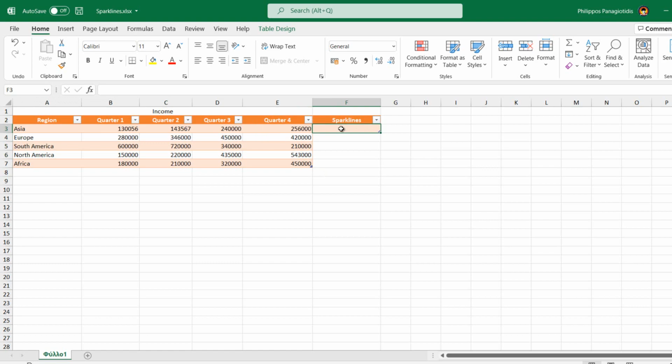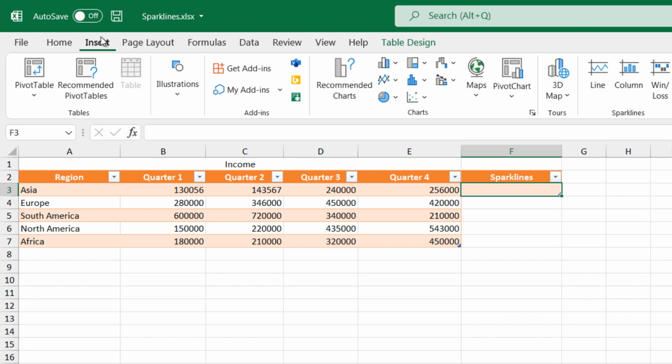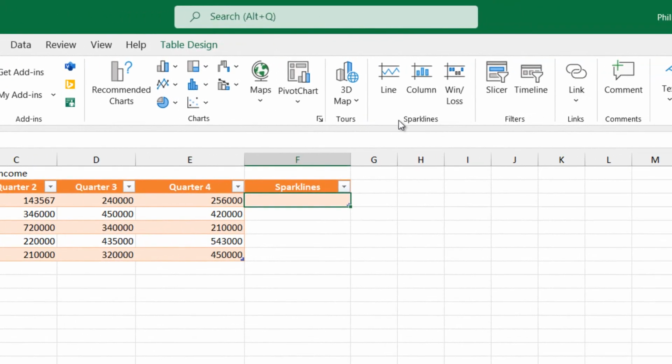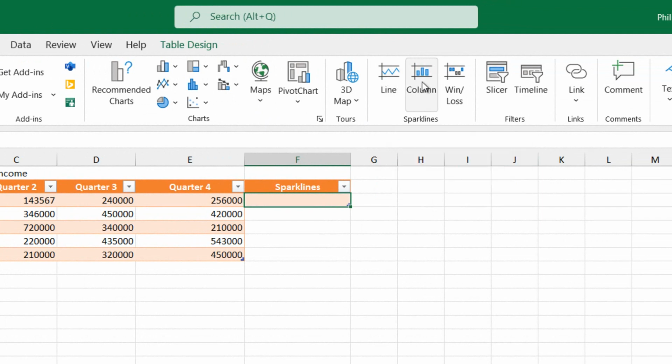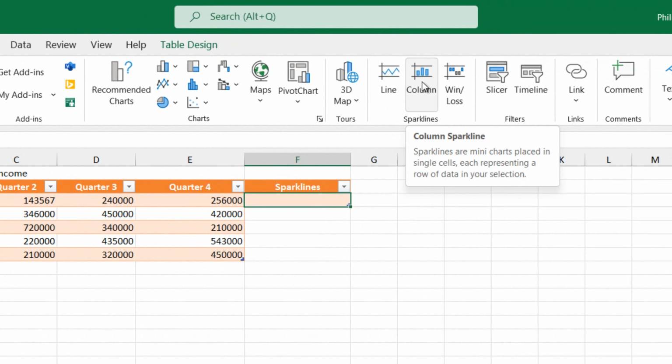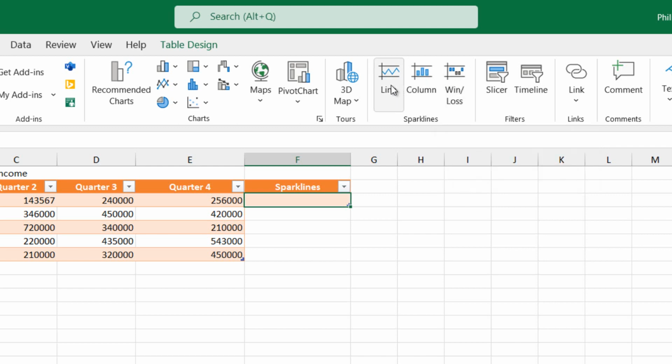Then I select the Insert tab and locate the area of the ribbon named Sparklines from the right. Once I have located the Sparklines area, where we notice the available Sparklines to select from, we can select a line Sparkline, a column Sparkline, or a win-loss Sparkline. I first select the line Sparkline, where I'm notified that